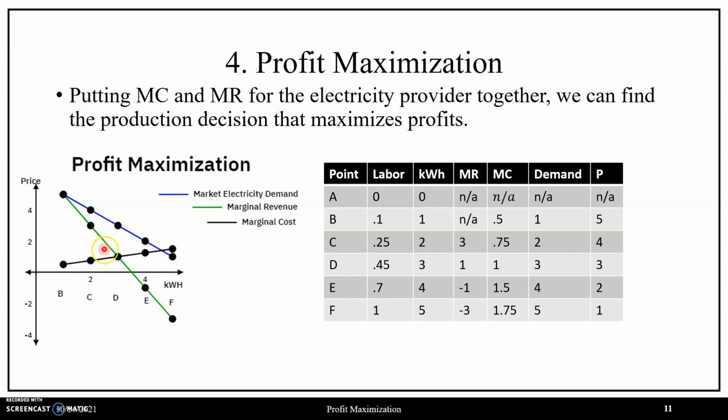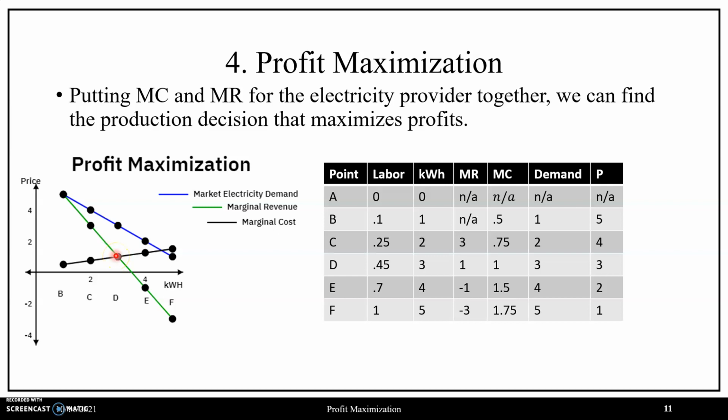From points B up until we get to point D, we see that marginal revenue is strictly above our marginal cost curve, or that marginal revenue is greater than marginal cost. At this point, in terms of our production decision to use more labor to produce additional electricity in kilowatt hours, money flowing into the company is greater than money flowing out of the company, so this would be worthwhile for the company to do, as we expect when marginal revenue is greater than marginal